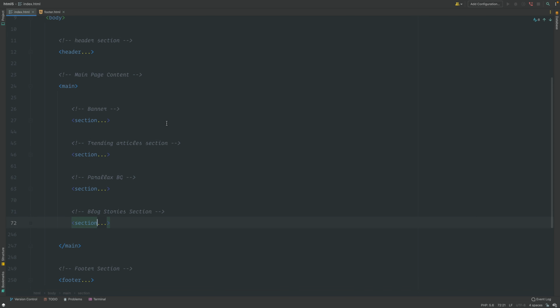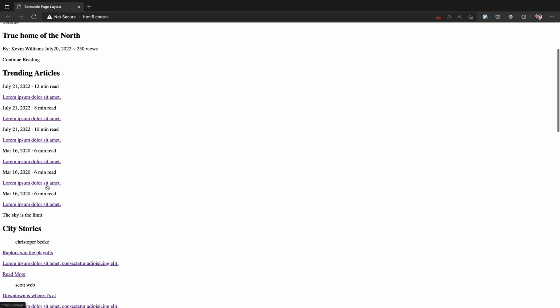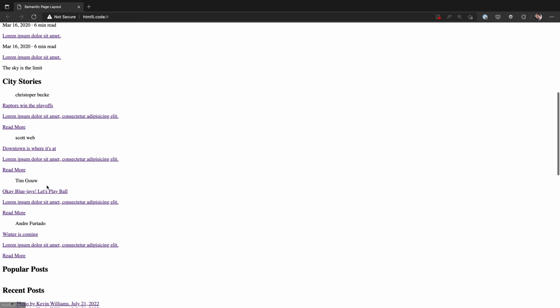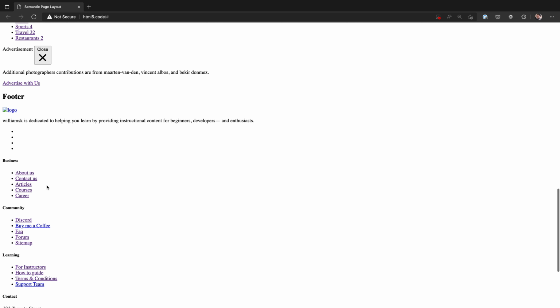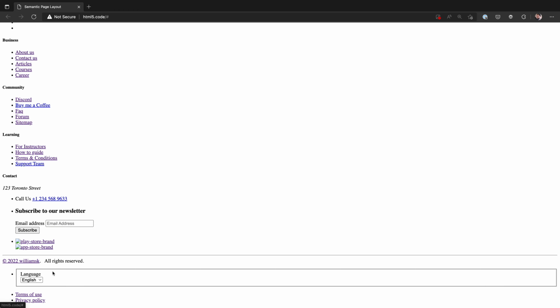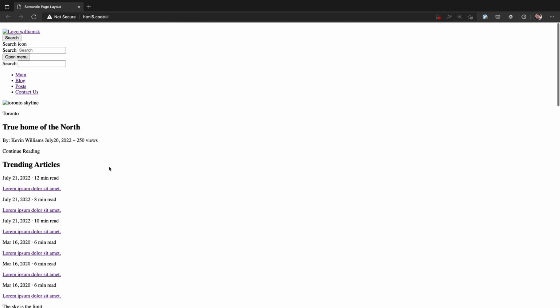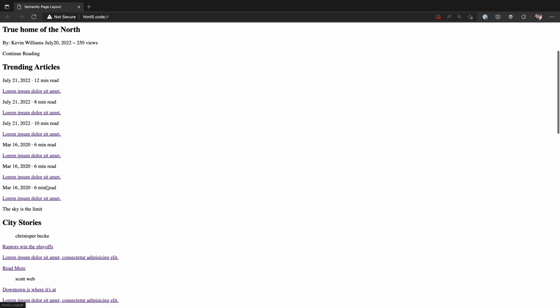So if you think about it like that, it sounds confusing, but with practice, this all will make sense. So let's jump over to our browser and I can show you what this looks like without any styles. And it's semantically laid out. Here's the page laid out without any styles, semantically correct. So we have our city stories, we have our popular posts, our recent posts, categories, footers, and then we have all of the navigation for the footer inside of navigational links like unordered lists. And then we have our copyright. So as you can see, it doesn't look glorious and it's not set up to look fully aesthetically pleasing,